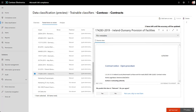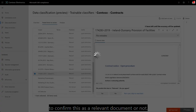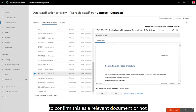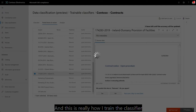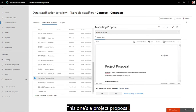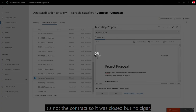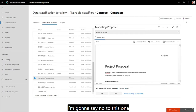document here. So here we've got the ability to preview content, and that's going to help inform my decision to confirm this is a relevant document or not. And it's really how I train and classify to be more accurate. I'll say yes to this one because it looks good, and we'll check out another document. This one's on project proposal. It's not a contract, so it was close. No notes again. I'm going to say no to this one,